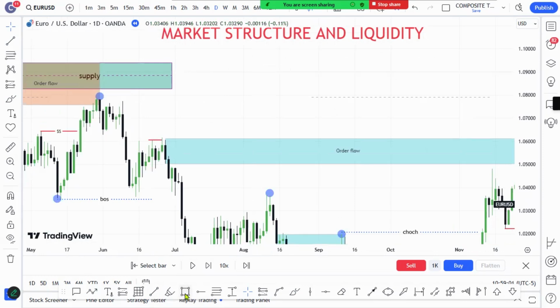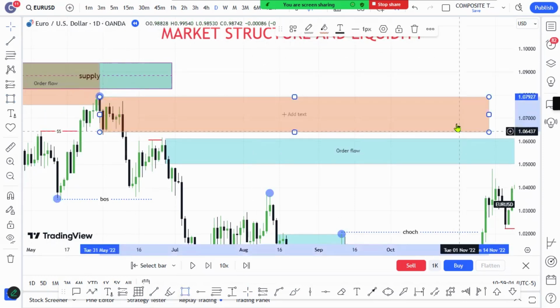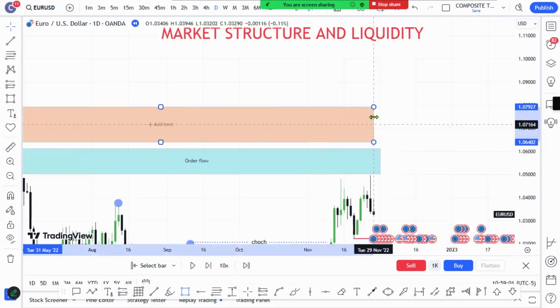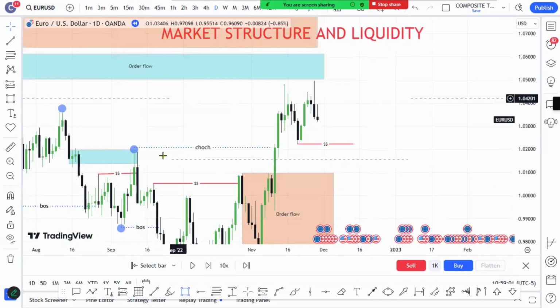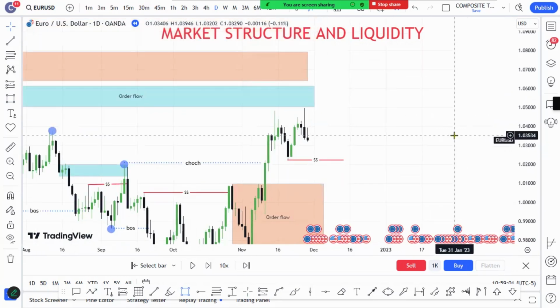Look at this area. Again, this can be extreme, and you have that level of accumulation, and some people draw it again here and want to sell from here. Look at this. We already have a change of character. Anything from the left will not work. Those levels from the left only work when you don't have a change of character.